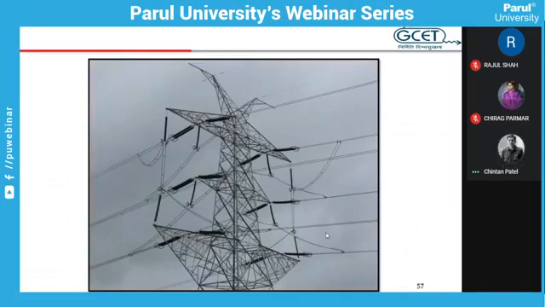Next, there are so many identification marks. First, two earth wires: earth wire 1, earth wire 2. So 400 kV line. Shape of the guard ring: it is ring type. So 400 kV transmission line. Bundle conductors: more than one conductor per phase. So bundle conductors, 400 kV lines. Number of insulator discs: obviously more than 220 kV. And size and height of the tower. So all these identification marks clearly indicate that this is a 400 kV transmission line.